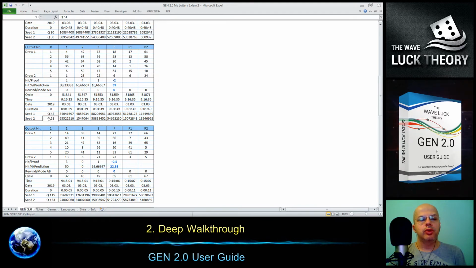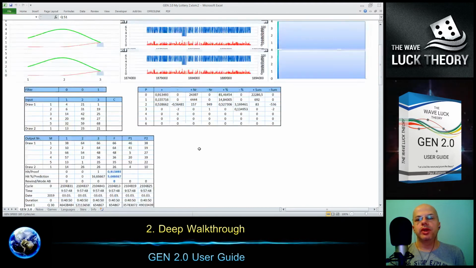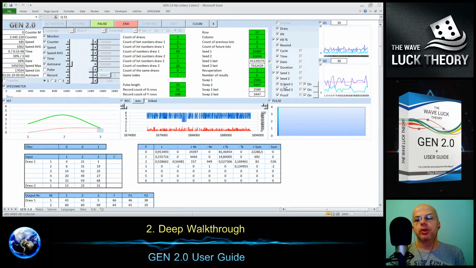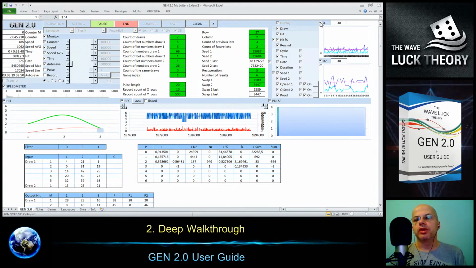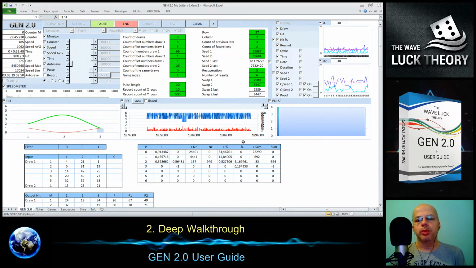Quality is equal to the function we had here, the quality for seed 1 and seed 2. The proof and the quality I will explain later.